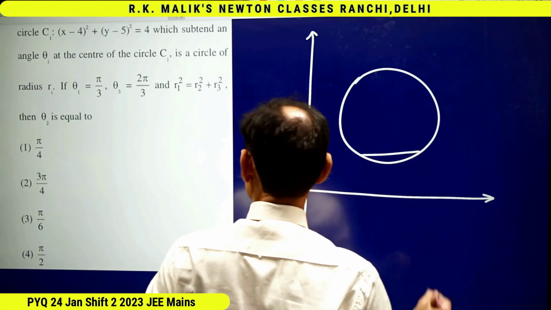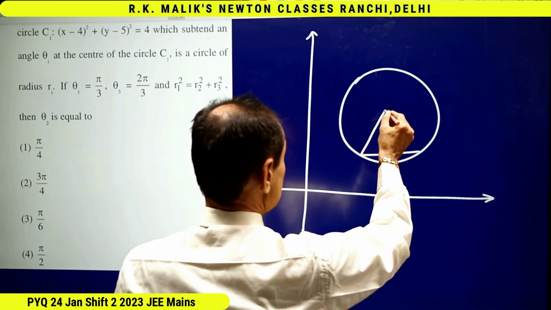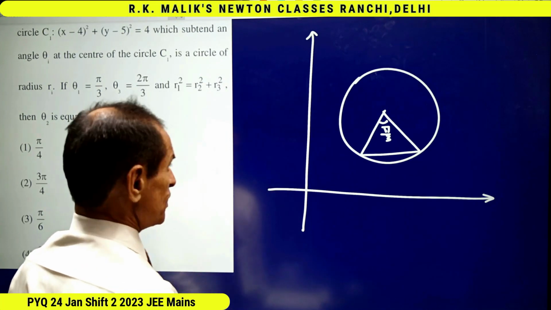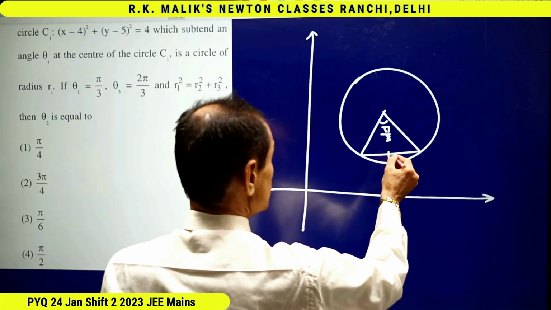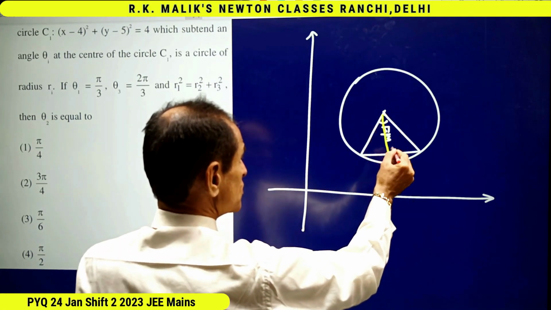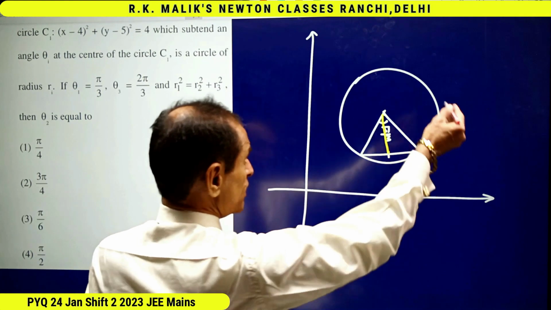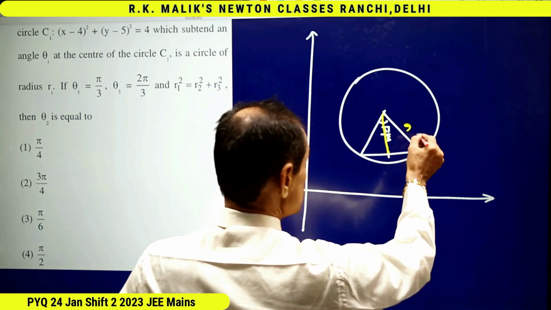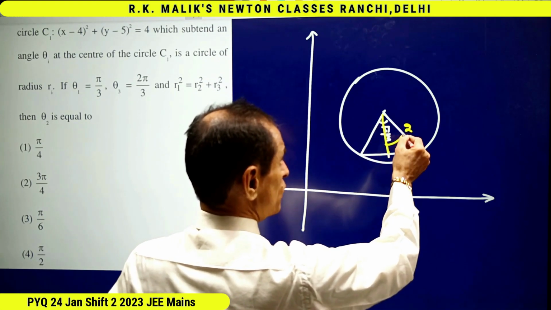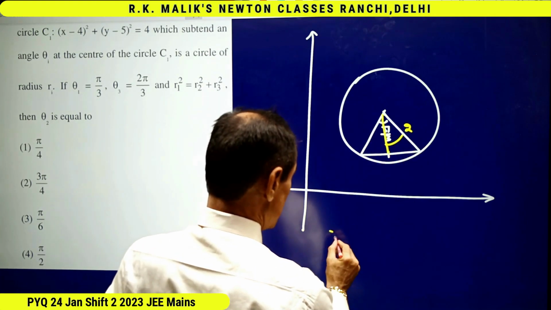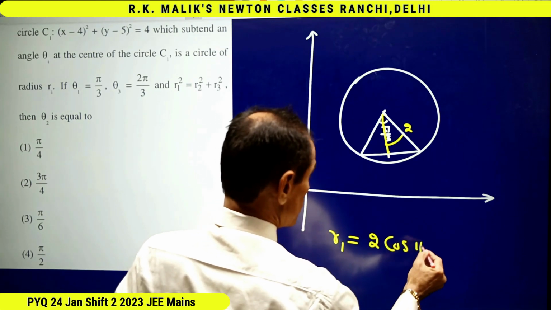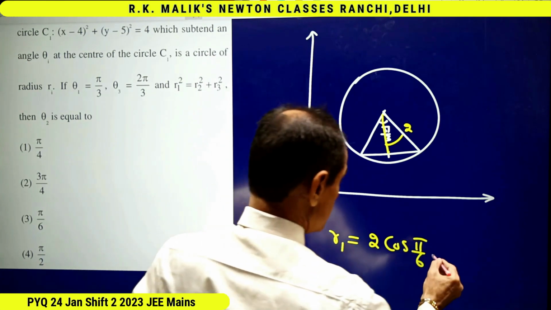If this is a chord for which the angle subtended at the center is pi by 3, in that case the locus of midpoint will be a circle of radius this much. I know that the radius of this circle is 2, and because this whole angle is pi by 3, this angle will be pi by 6. Therefore, I can say R1 will be equal to 2 cos pi by 6, that is